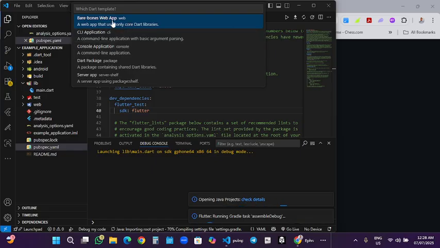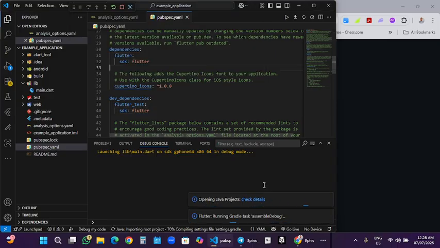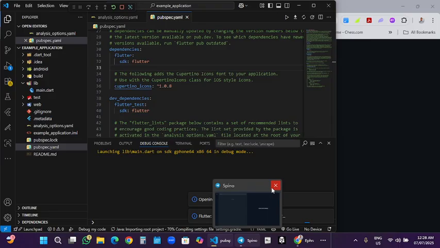You can choose if it's just a bare bones application, a command line application, a console, Dart package, or a server app. For a CLI, a command line application, that is usually where you want to be practicing your Dart. But if you don't want to go through that stress,